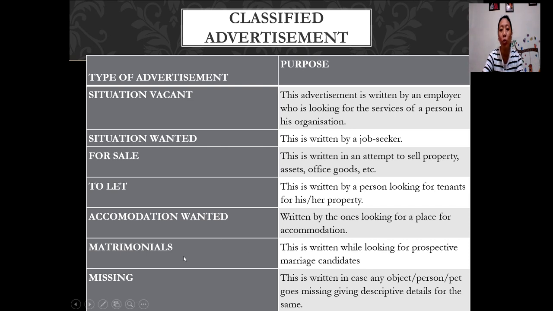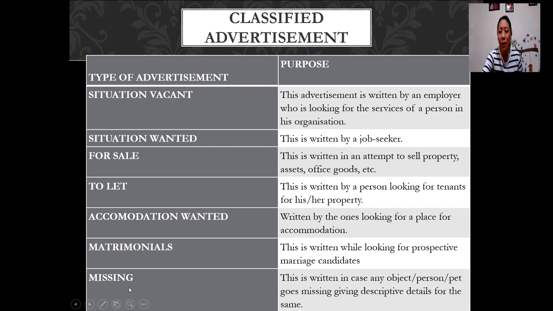All right. Matrimonials. Now, matrimonials means something to do with marriage. You might have come across several advertisements given in newspapers or on televisions. So this is a marriage proposal written by a boy or a girl or their families. All right. Matrimonials in televisions or in newspapers, you might have heard of it, or you might even have visited sites like Shadi.com, matrimonial.com, jivansathi.com, and so on.